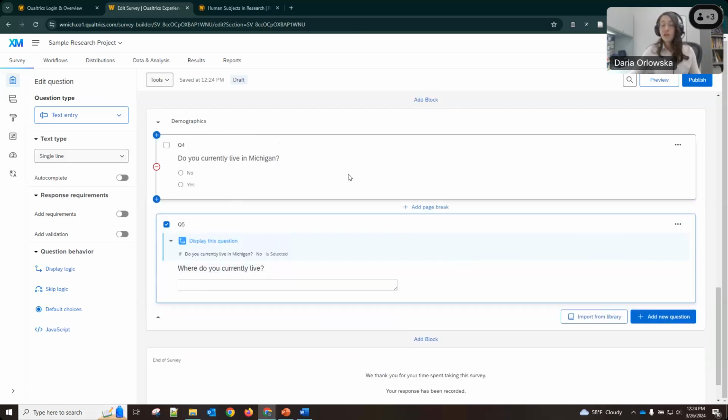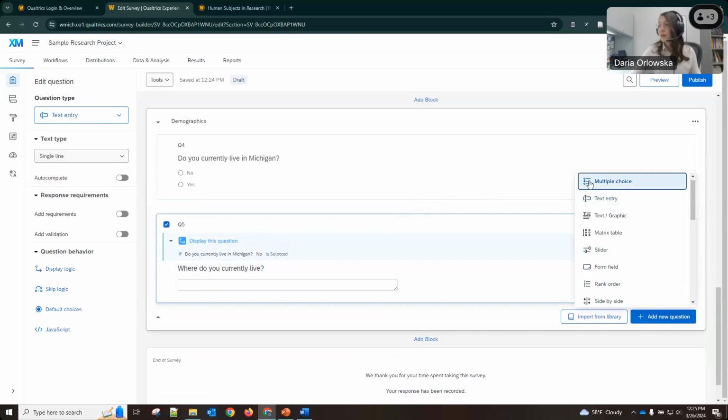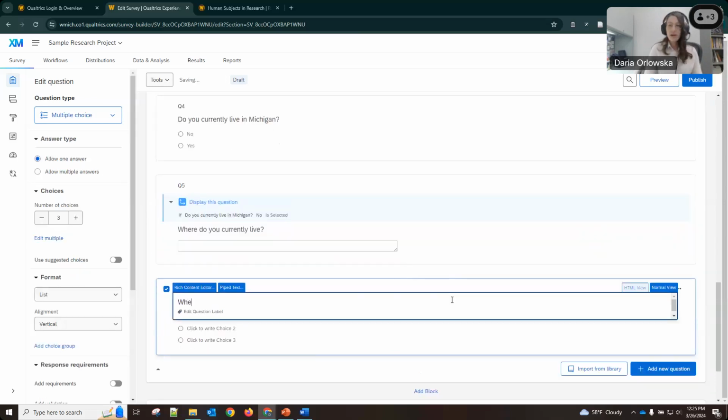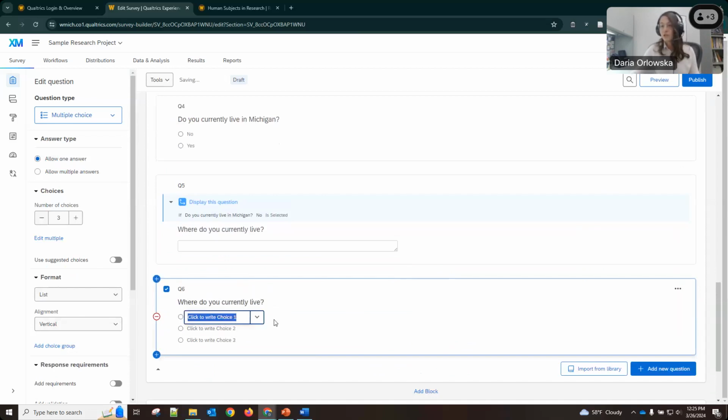Or maybe you want to approach this a different way, where we add a multiple choice question and we say, where do you currently live? And perhaps we're interested in Michigan and maybe Indiana, and then we have an other option.